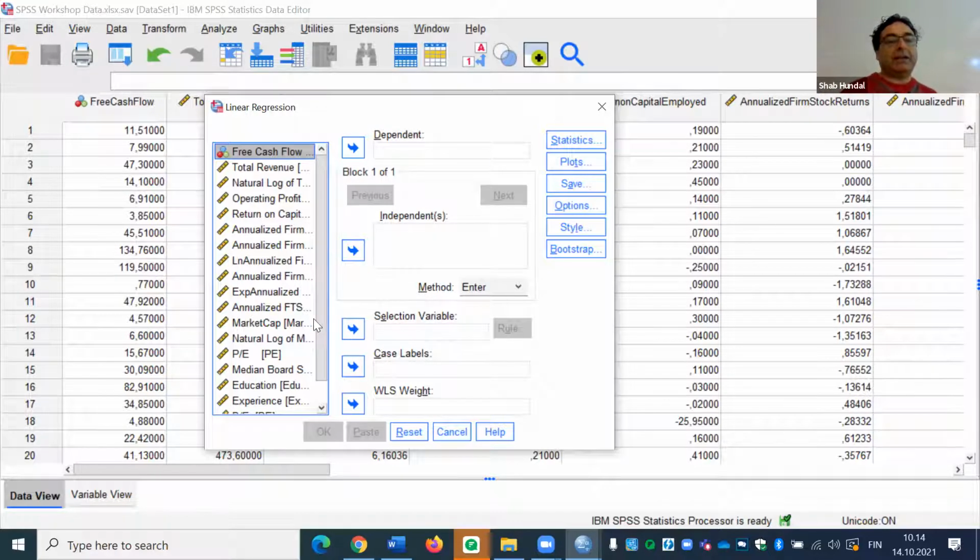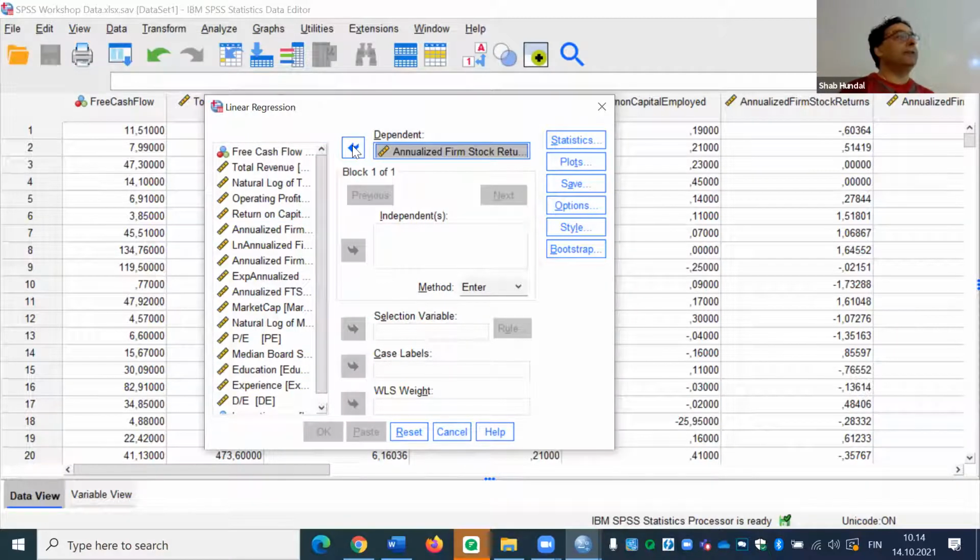And I hope you remember that our dependent variable is annualized firm stock return. So in this example, we want to find out which factors affect our annualized firm stock return. Basically, you are studying on what variables the company's stock return depends on. So you want to find the causes of the movement in the stock prices, in the stock return. Daniel, it's okay? And then